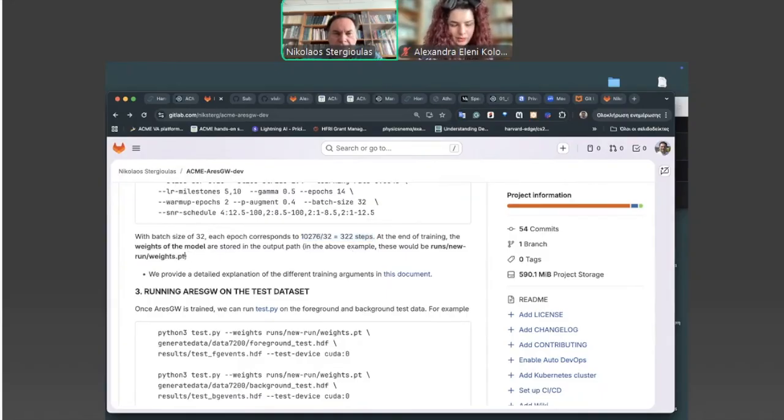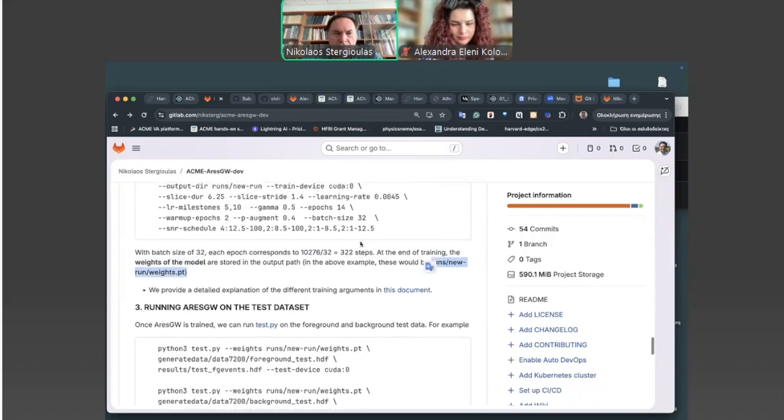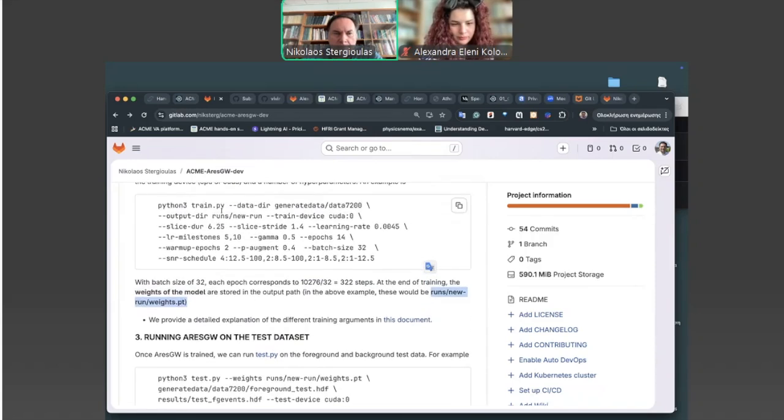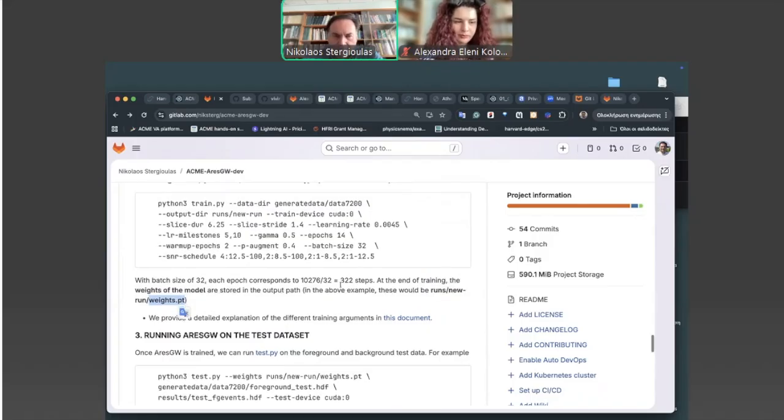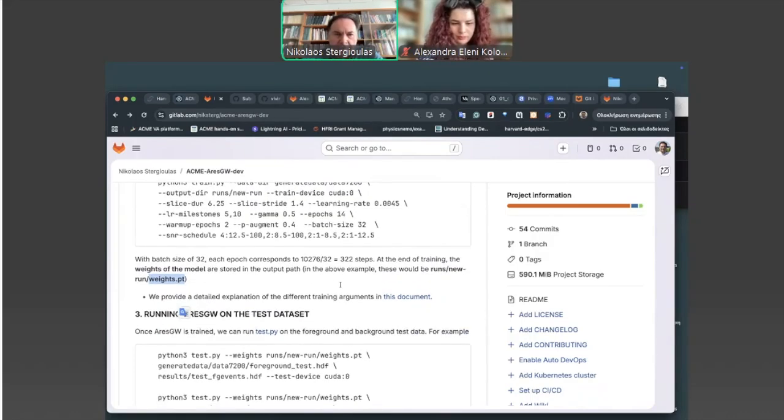When the training finishes, the weights of the model are stored in the directory that we specify here, in a file called weights.pt. Okay, then you can run the code.